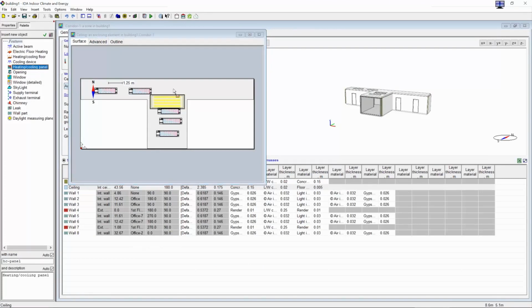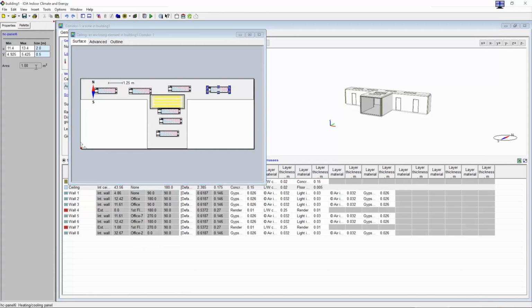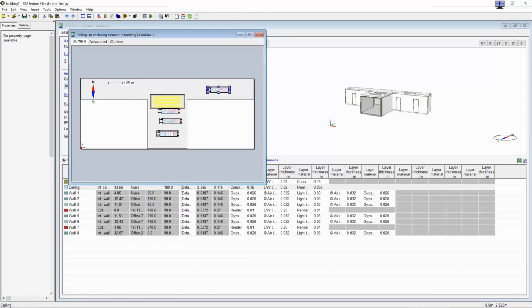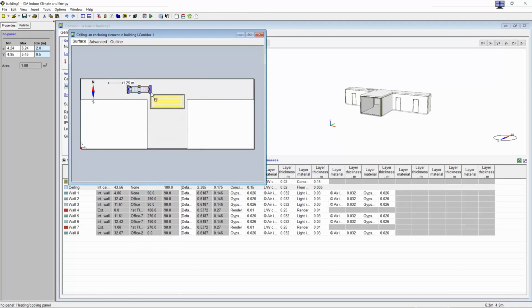Of course, instead of having maybe 10 of those of 1 square meter, you can also have just one. Your results will not be very different, and you can also drag them over the floor plan, because it